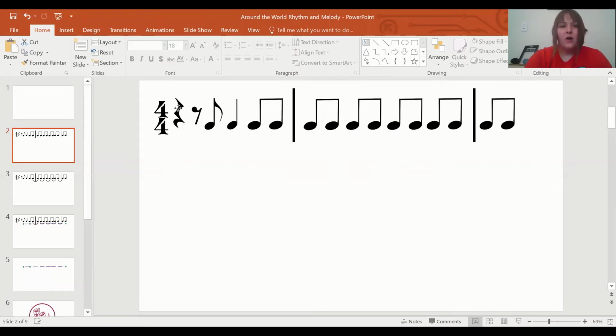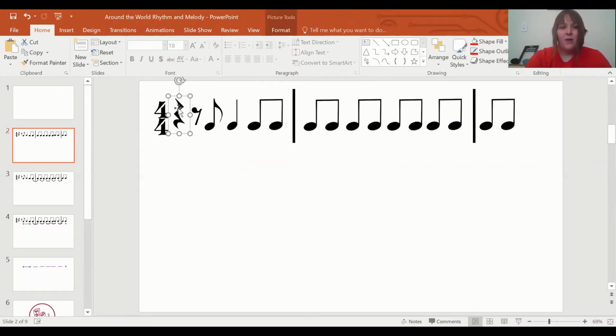Here we have a quarter rest. Say that one. That one is an empty beat. Nothing's happening. Then we have something new. This is called an eighth rest. Say eighth rest. That is also where nothing's happening, but it's only half of the beat. So if the quarter rest is a whole beat of rest, the eighth rest is just half of the beat,